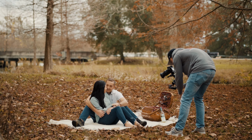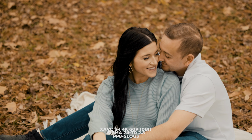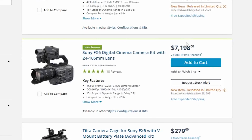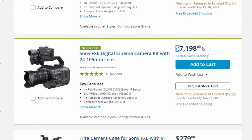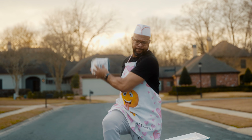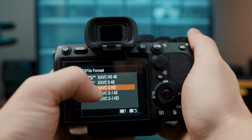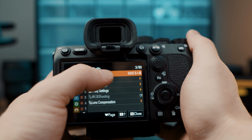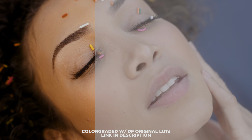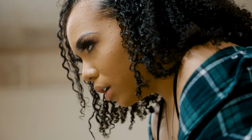It's just enough detail and soft enough skin to make it look and perform like a cinema camera as far as the codecs, which is amazing because you're not having to spend $8,000 to $10,000 on a cinema camera to get the quality of a cinema camera. But this does come at a price because the file sizes are huge, like pretty big. Luckily, Sony has given us the option to choose our codecs and file sizes. If you want the maximum quality out of this camera, expect massive file sizes,